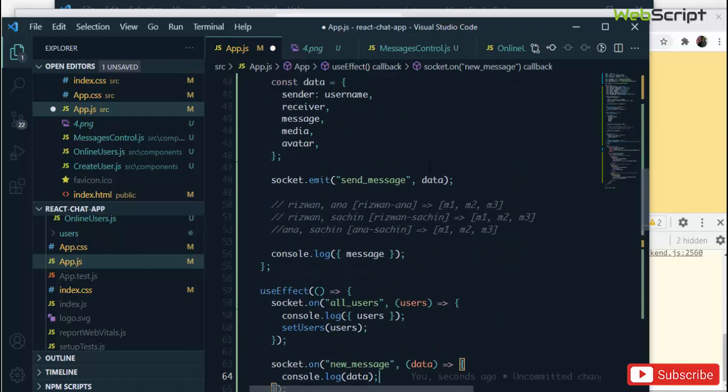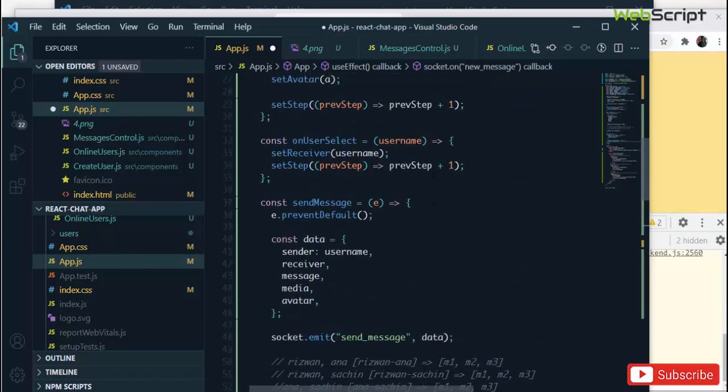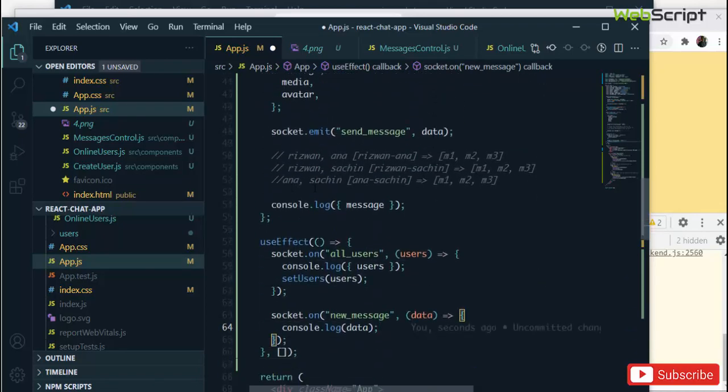and receiver. For this, again, I need to create a function, because if Rizwan chats with Anna or Anna chats with Rizwan, I need to order these names alphabetically, right? So not Rizwan and Anna, instead I will say Anna hyphen Rizwan, alphabetical order. So whoever opens the message, based on alphabetical order the key will be generated, and these people will get the right messages instead of getting the wrong ones or creating another key